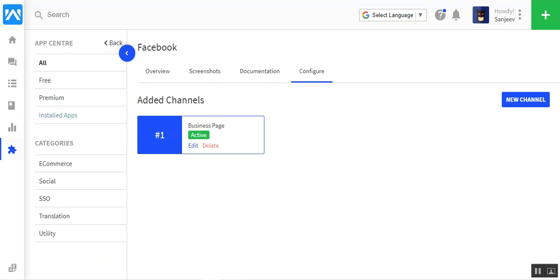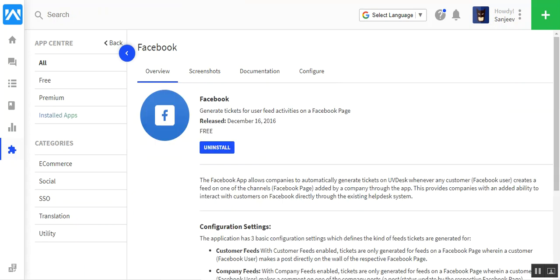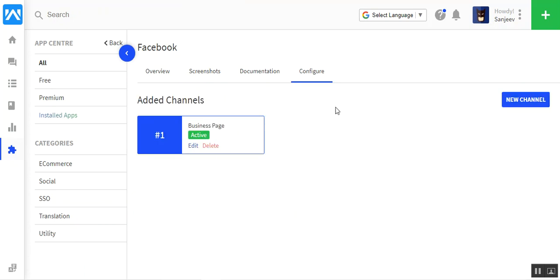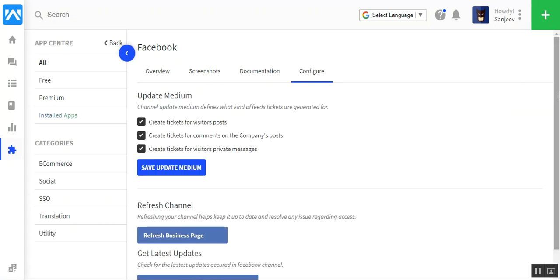Now I am switching towards my UVDesk Help Desk panel. Here you have to do some of the steps manually. In the Facebook part you will find a configuration option, and under that you will find your page which you have integrated with your UVDesk Help Desk, and under that you will find an option of edit. Just tap that up.